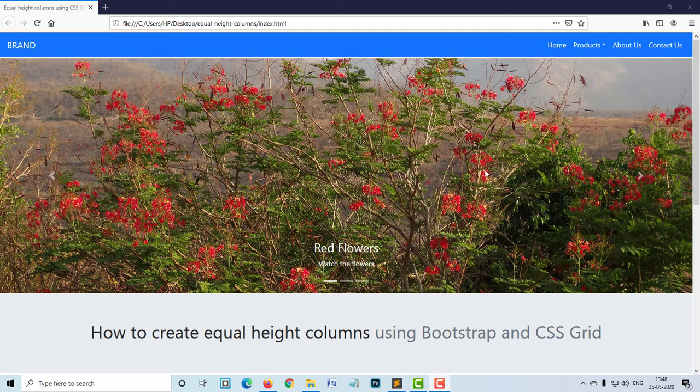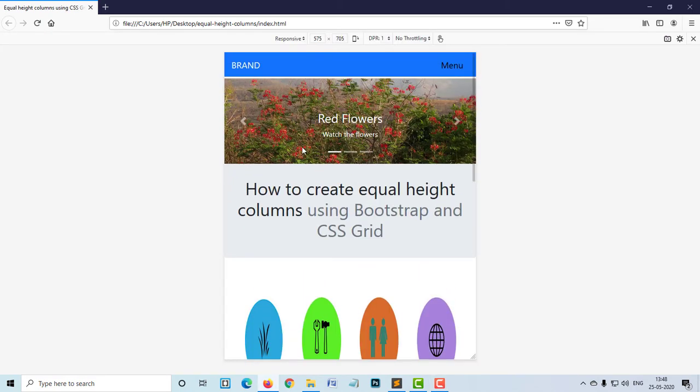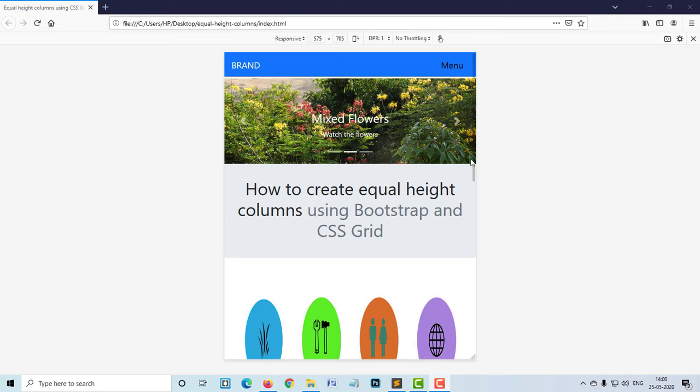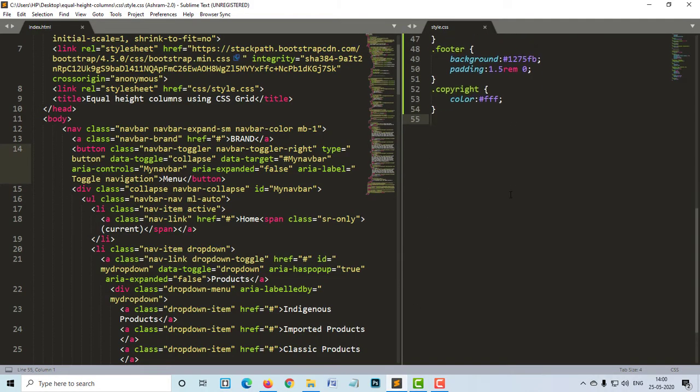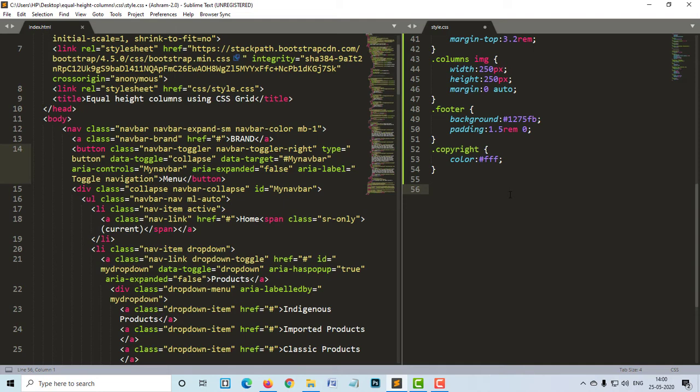Since I am using Firefox, if I give the shortcut command Ctrl Shift and M, I will get the responsive layout of the page. Like we have the brand name on the left side and the menu on the right side. First of all, let's change the color of the text menu. To do that, we need to first create a media query for a smaller viewport. Let's say @media, and here we say max-width. Let me take, say, 575 pixels, the smallest viewport,